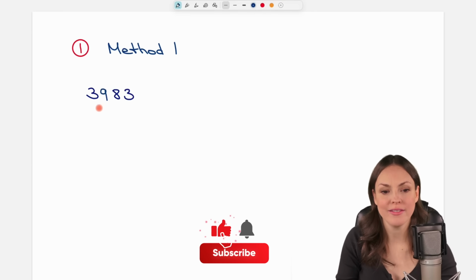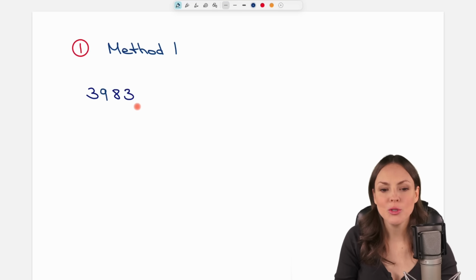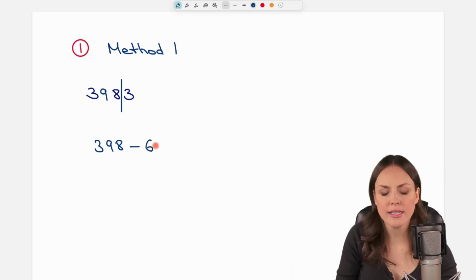We want to check if this number here is divisible by 7, and to do this we can separate the last digit and then take the number here on the left, so the 398, and then we always subtract twice this number. So 2 times 3 equals 6, and we just subtract this from this number. We get